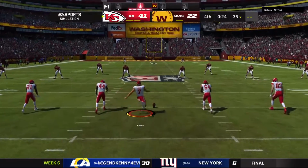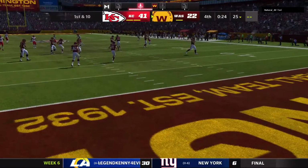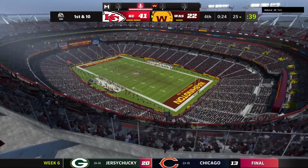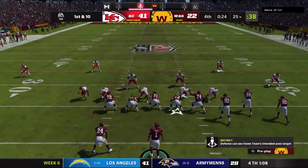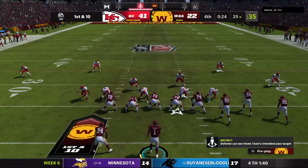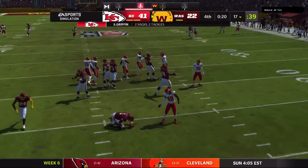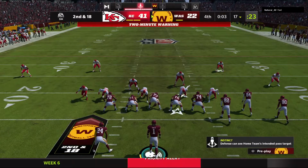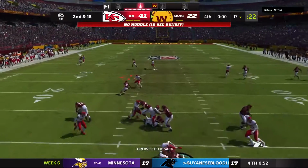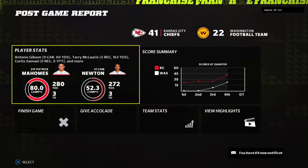Now after the touchdown, here's Butker on to kick it away. And that'll be a little too hot to handle as it will skip through the end zone for a touchback here. Out there set and ready for this next drive, the Washington offense. They're down big here late. And they get to Newton and take him down for the sack. One last throw here for Newton. And that will be incomplete as time has run out on this football game. A big offensive explosion helped